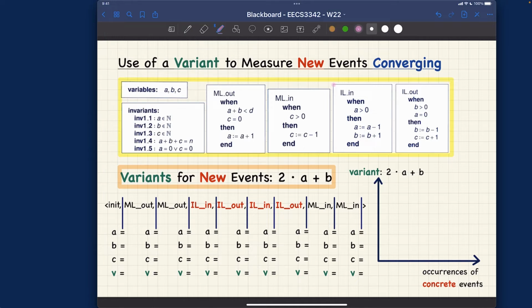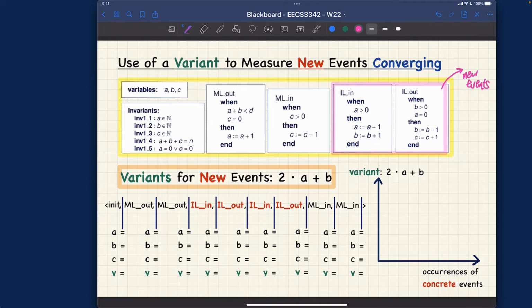This part over here are the new events, which do not exist in the initial model, right? It's really important because when we illustrate the variant expression, you will see how the variant value should really change depending on whether it's a new event or an old event. So these are the new events,